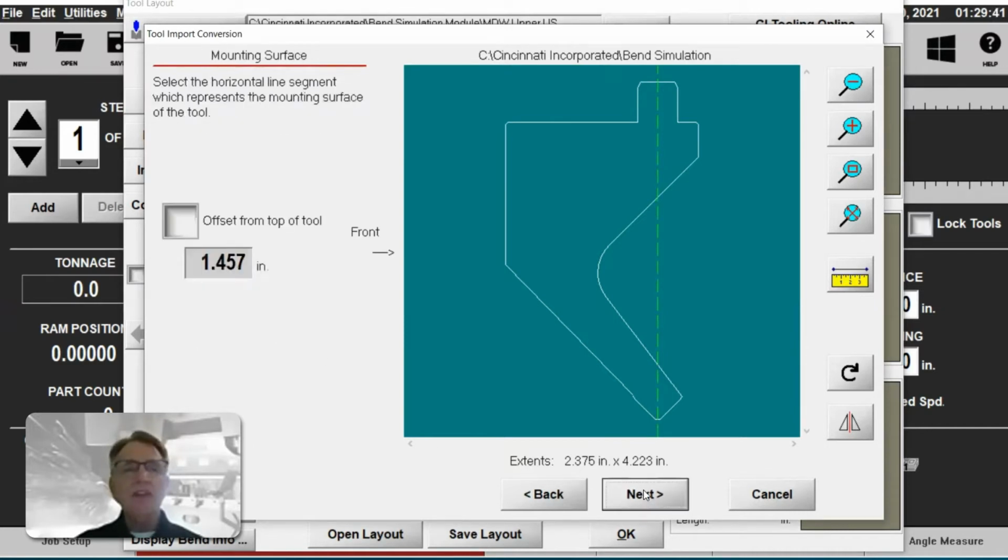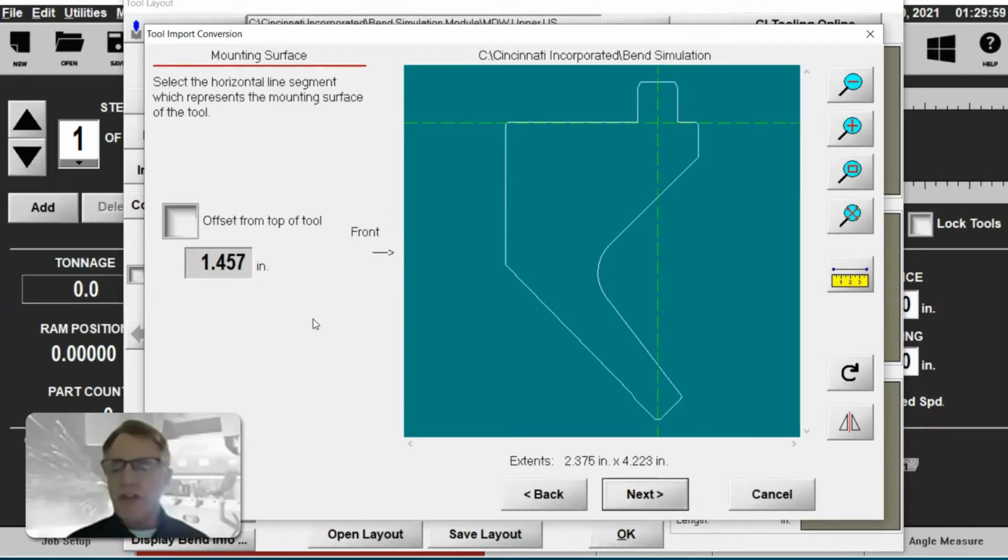And now what we have to do is highlight the thrust point where this mounts into the tool clamp. And with this being a punch, it's going to mount into the RAM. And this horizontal surface right here is the surface that's going to mount into the RAM clamp.